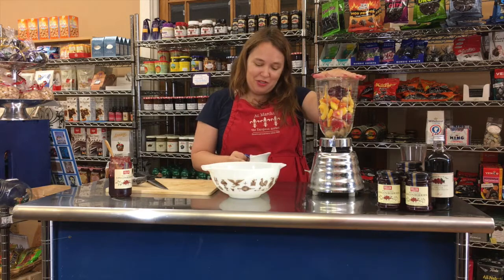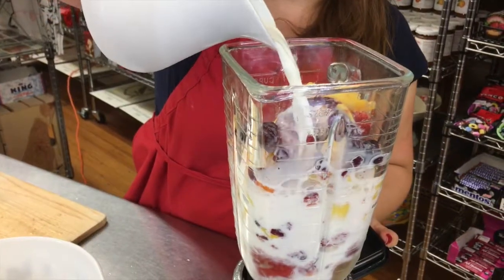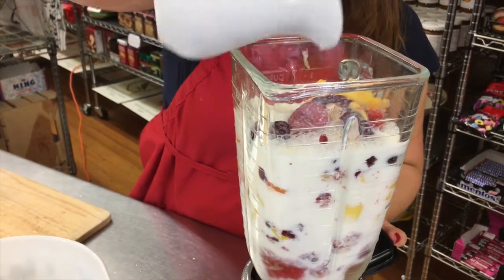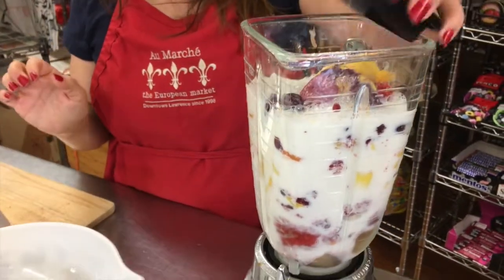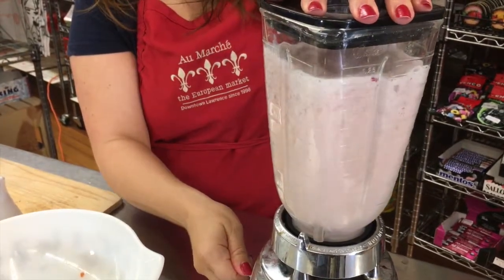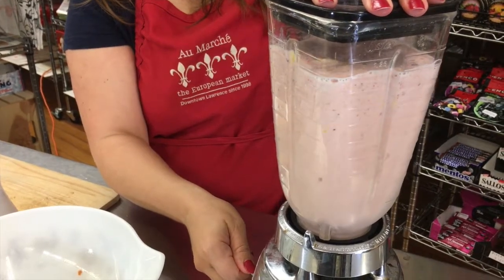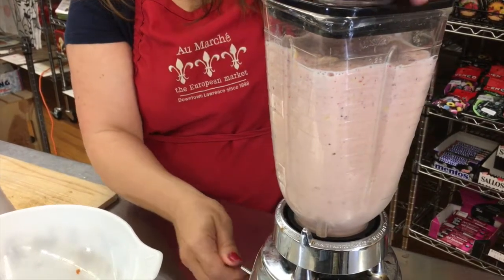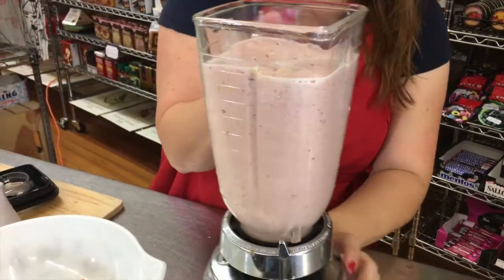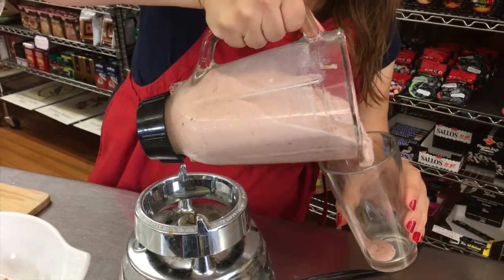So I've got my fruit. Now I'm adding my milk, and you guys, that is it. My husband prefers smoothies made with white grape juice. I prefer it with milk. So since I'm in charge today, I'm making it with milk. Okay, that is done. I'm not waiting. I'm gonna pour some right now